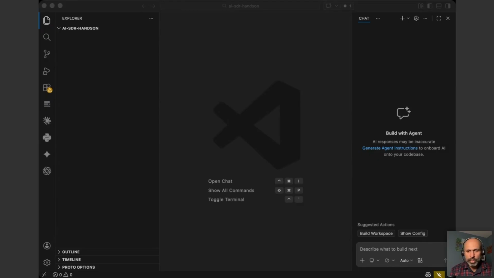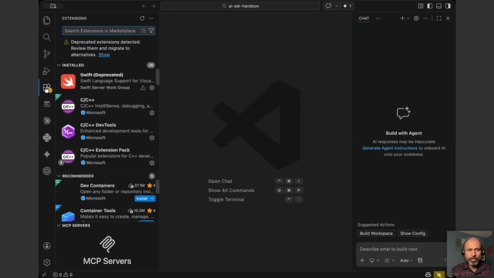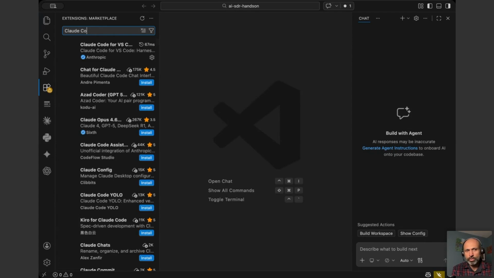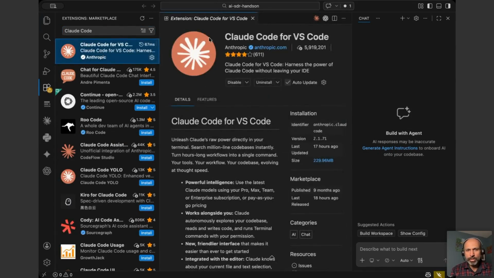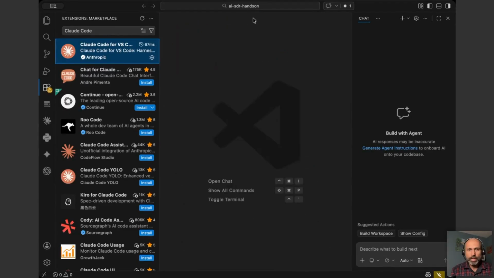I want you guys to check one thing. Once we've opened up Visual Studio Code, go to the extensions window. On the left side, it's the fifth button from the top, called Extensions. Just type Claude Code in there and check if you have it. In my case, as you can see, I've installed it already. So if you guys can all check that you have installed Claude Code, that's the next step. Once you've done that, the next thing to do is